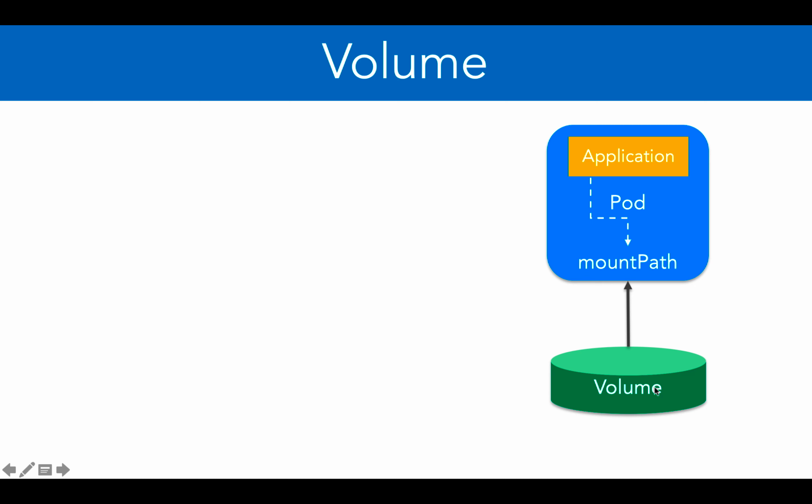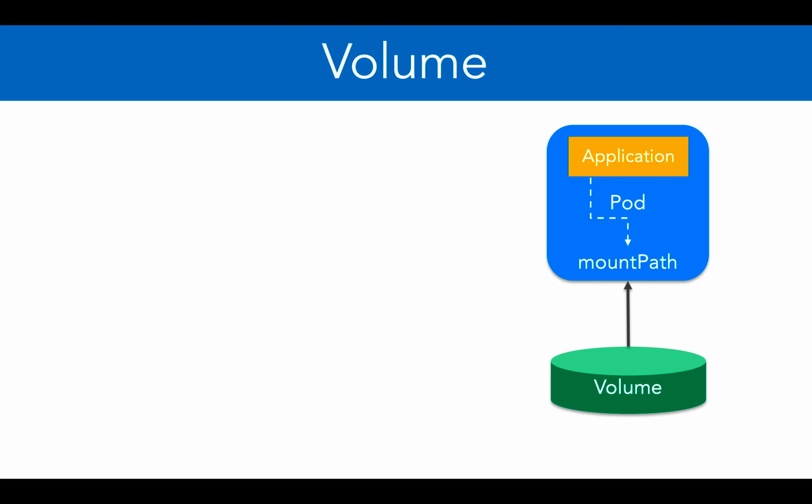So the advantage of this one is that even if the pod dies or goes out of existence, there's no way we can lose the data because the life cycle of the volume is external to the life cycle of the pod. Pod might come and go, but the volume will still exist. Now this is typically used with application log file systems wherein you want to keep the application logs for future analysis. Also, if you're hosting databases in pods, which rarely happens, you'd like to use something like volumes to host or to hold your data.